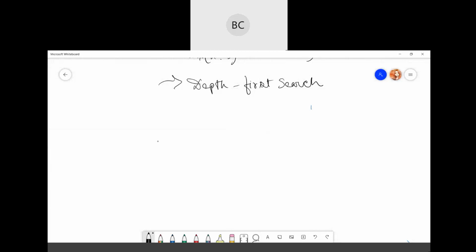Let's just take a very simple one. Suppose this is a game tree: A, B, C, and D. This is for max's turn, and after this, the turn will be for min. It's just one step: max will move one, then min will move one. After that it will get terminal values.